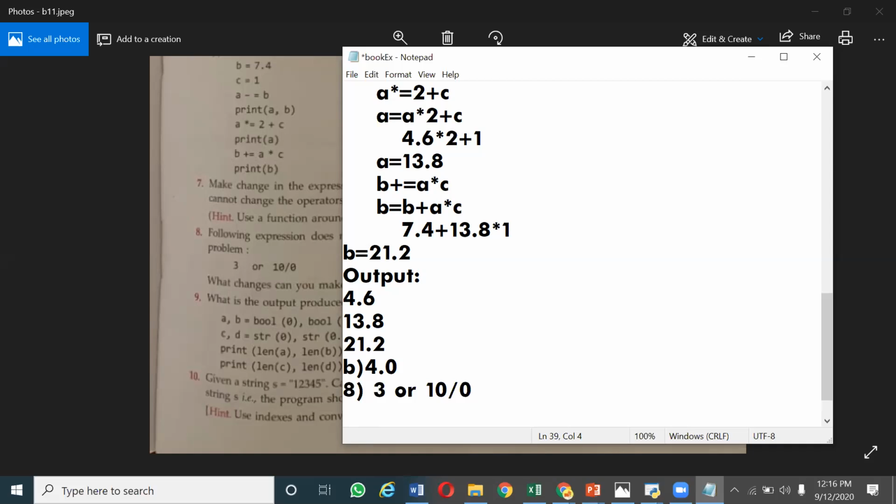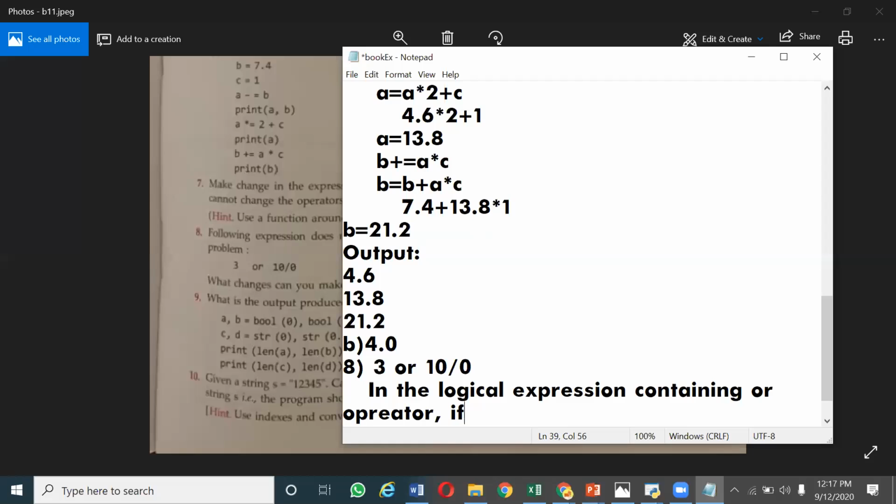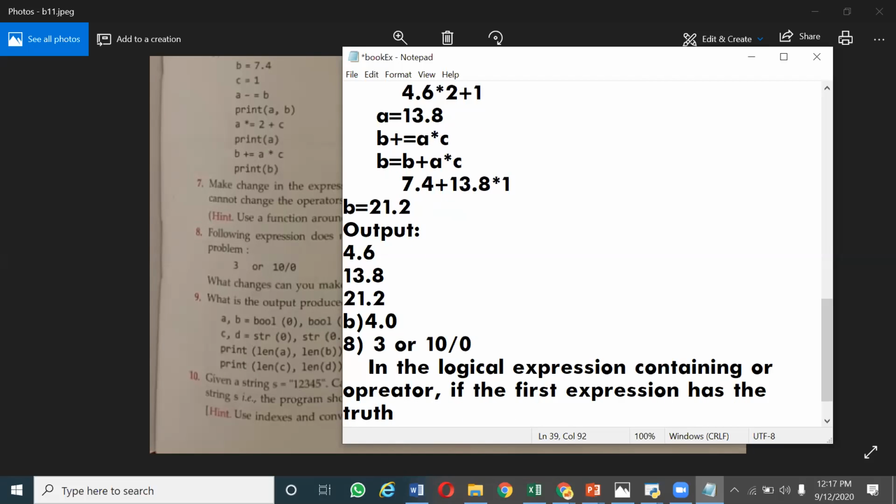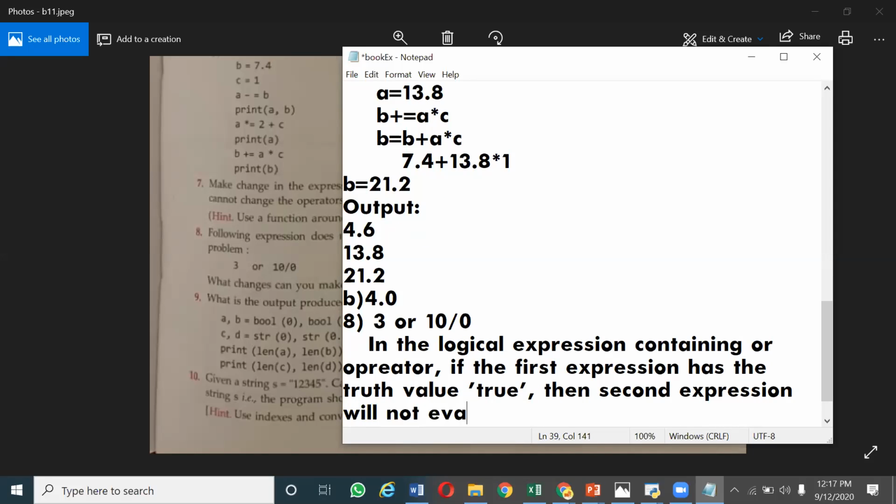Okay, so in OR operator, in the relational logical expression containing OR operator, if the first expression has the truth value true, then second expression will not be evaluated.